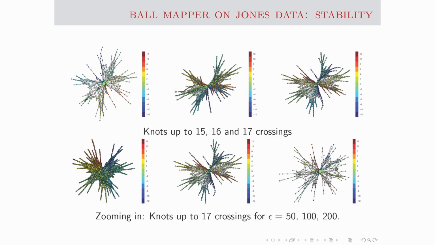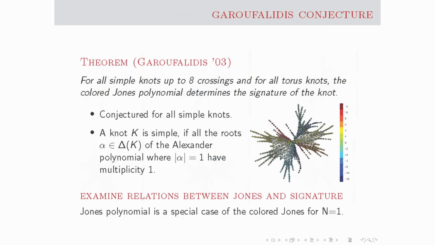And again, the color that you see here actually comes from an invariant called signature. It's just an integer, and even an even integer, that's associated to knots. We went to it because I was inspired by the Garoufalidis conjecture. This is one of the conjectures that's proven for all knots up to 8 crossings and for all torus knots. It says that not just the Jones, but the whole family of Jones polynomials, corresponding to coloring by different quantum invariants, determines the signature